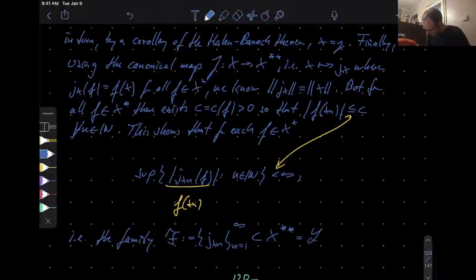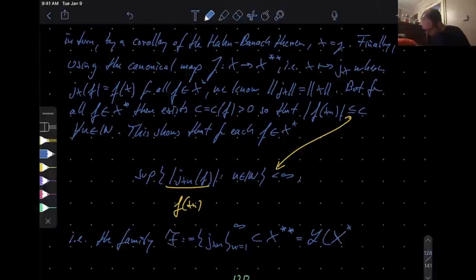Remember, this is bounded linear transformations from X star into the underlying field. And notice here, I've not assumed in my theorem that I'm working in any complete normed linear space. It's just a normed linear space. And now you see why I don't need this, because this here is always a Banach space, and so is our underlying scalar field, right?